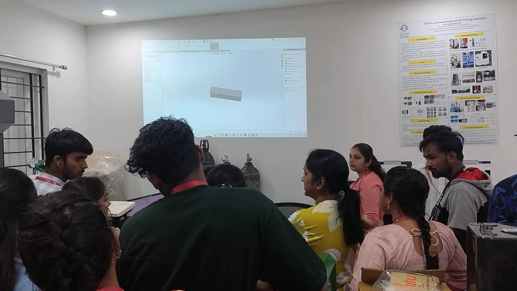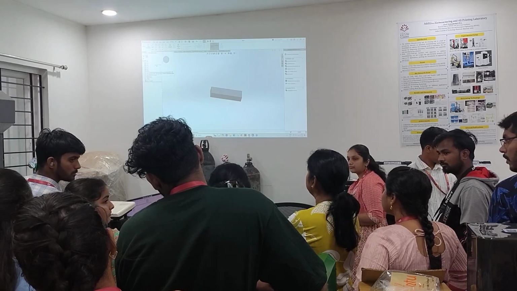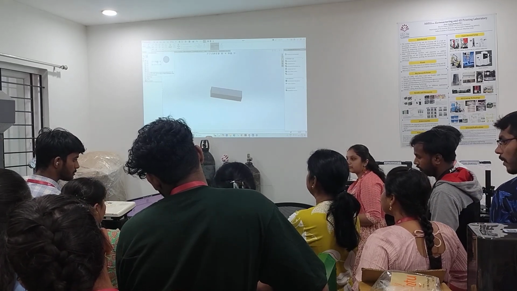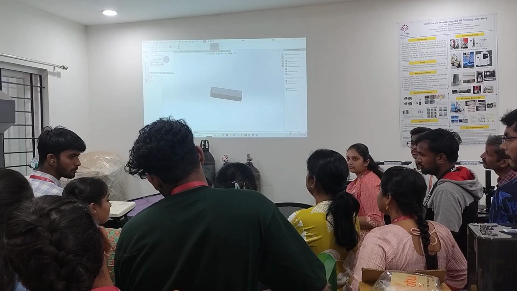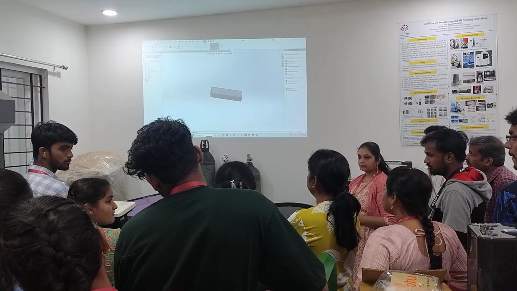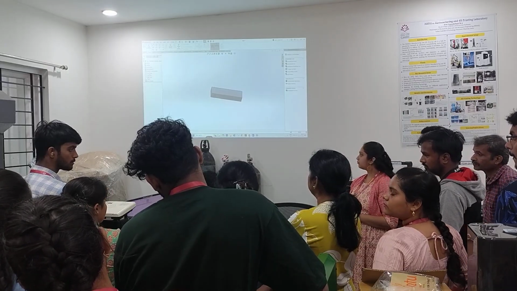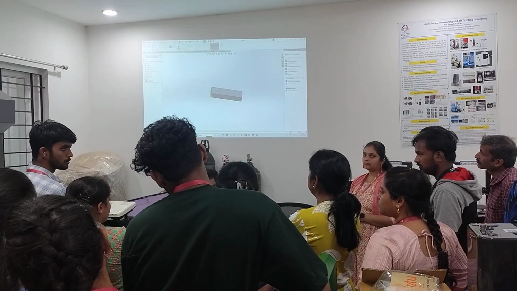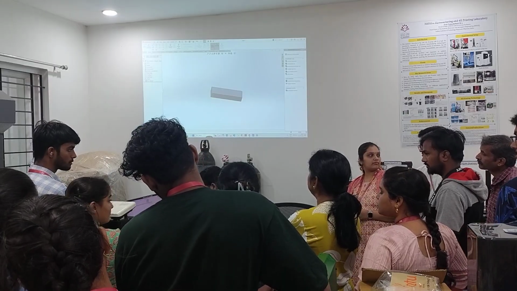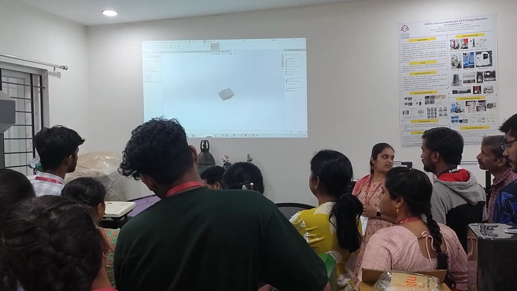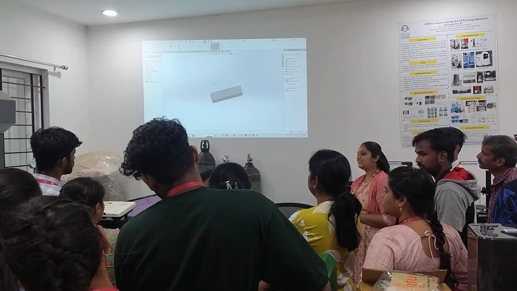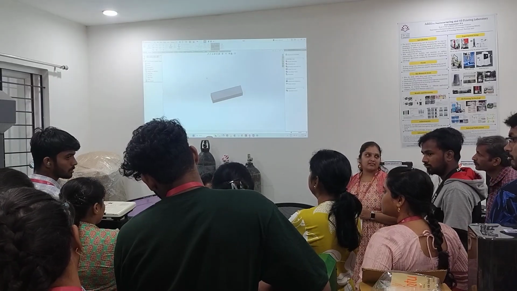Can you make it half solid and half hollow? Half of it can be later. You want to cut it actually. You want to make it half. The base should be solid, and the extrusion would be a hollow box.